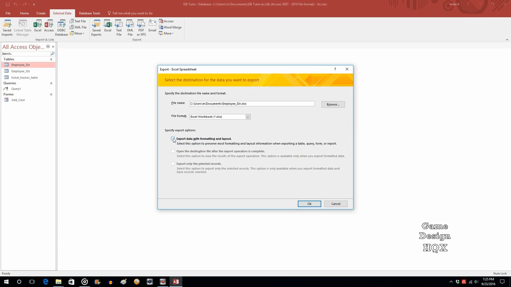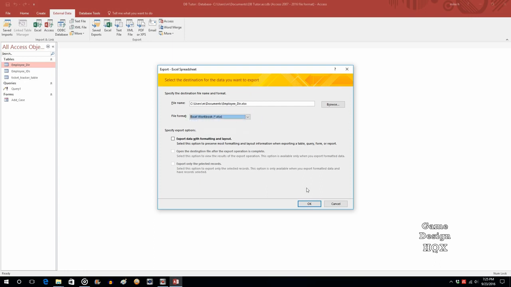In 2010 and 2013, I believe it's something like 64,000. It really limits how many rows you can export. I don't know how often you'll be exporting that much, but it limits it. So by not doing the data formatting, you can actually export a lot more. Also, if you're turning this into, say,